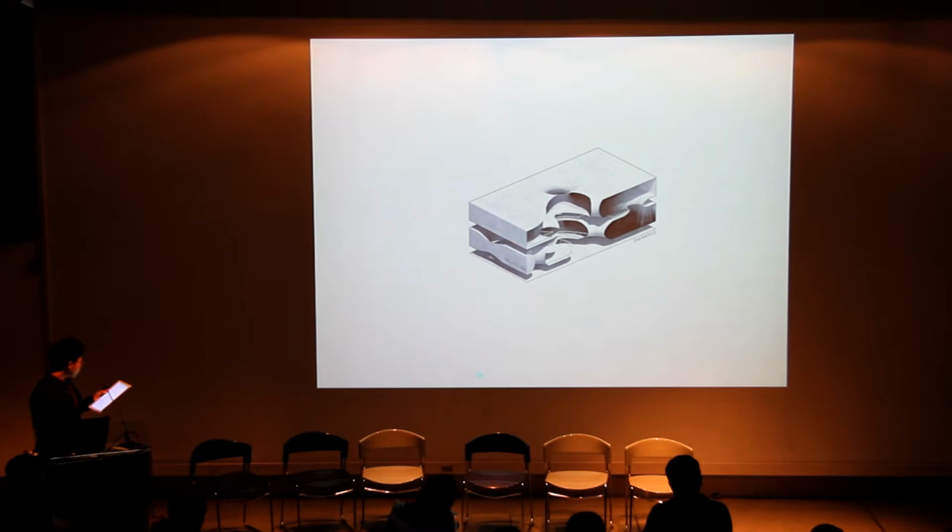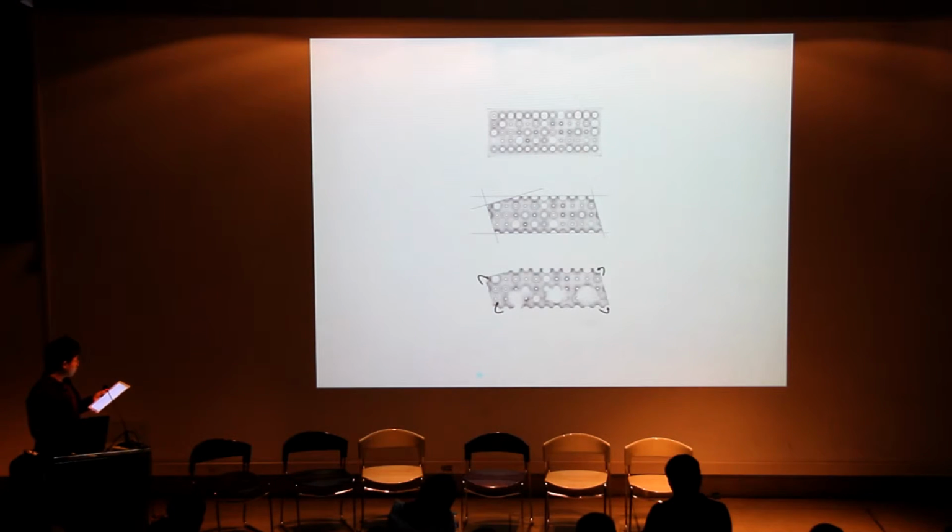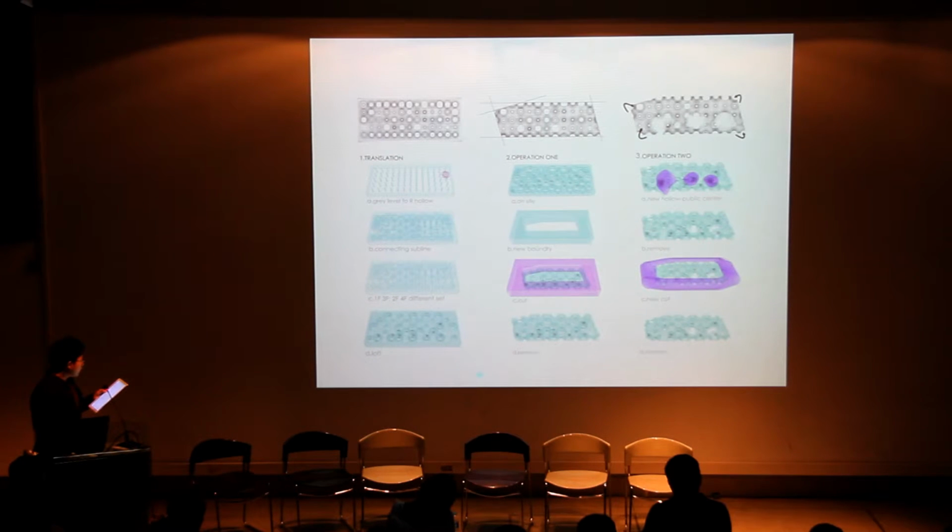So how do we generate the architecture whole with this thinking? To make it easy to refine later, I built a program which needs a certain kind of sketch plan drawing and generates the whole architecture. The first step is to translate my drawings to plan arrangement. The second one is to loft it and cut the edge. And then the other operation is similar to the previous method on the form, and we just apply it to a larger scale.